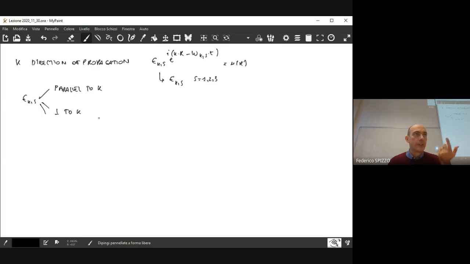what does that recall in your mind? What is a typical wave that is longitudinal and in phase and produces in-phase oscillations of the elements that participate in this oscillation itself? That is an acoustic wave. So in acoustic waves, you have longitudinal oscillations and in-phase oscillations. So due to this similarity, you have that these 3 branches,